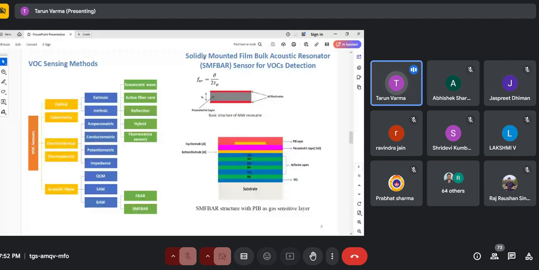The resonant frequency which we have to find out is given by this particular equation: bulk acoustic wave velocity divided by 2 tp. tp is the thickness of this particular piezoelectric layer. So we have a piezoelectric layer on which this basically produces a change in